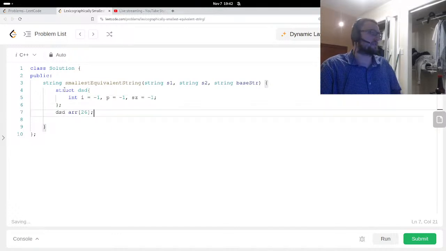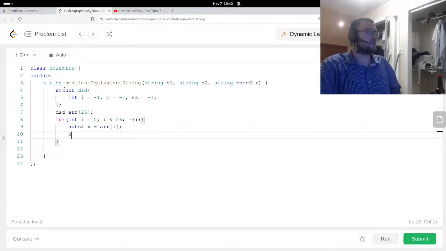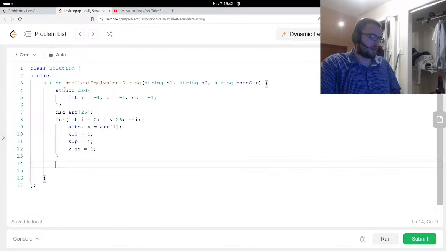We don't really need the size for this one, but we're going to use it anyway. And say for i is 0, i is less than 26, increment i. Say auto x is array of i. Say x.i is i, x.p is i, and x.size is 1. Okay, now we have